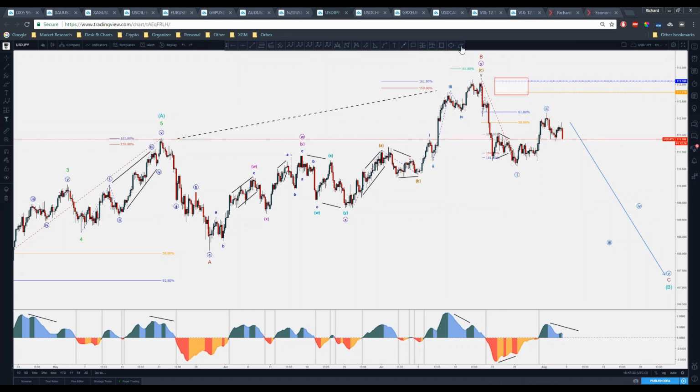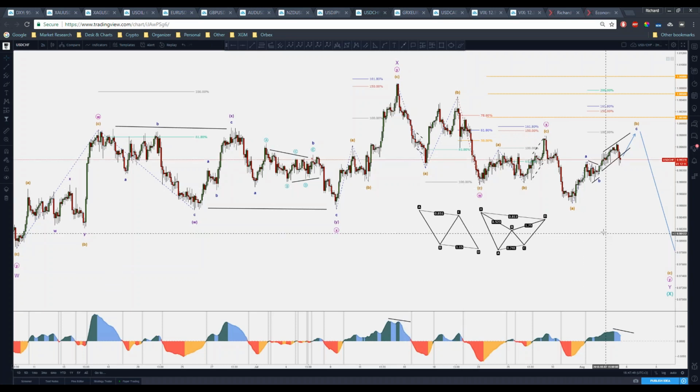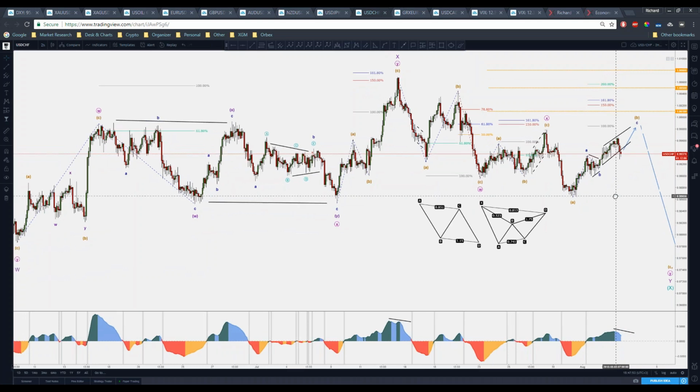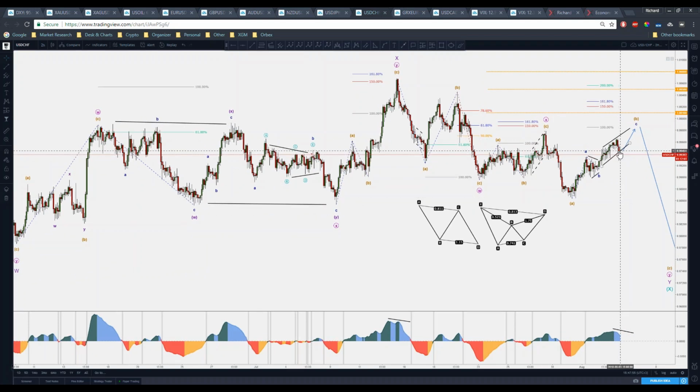Again, something above that would invalidate that view, right? But so it happens that this is looking promising, let's say. Yeah, dollar Swiss, I am seeing possibly the same thing, and we do have a possible breakout right there of those small trend lines that I placed in the scenario in which it would include an ending diagonal in this C, last for this B, right?